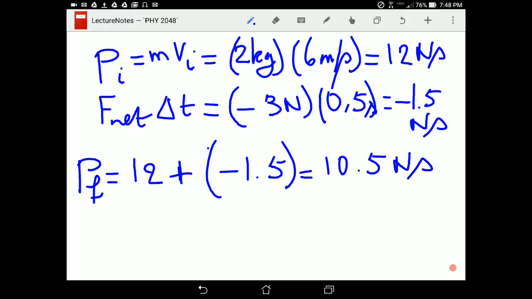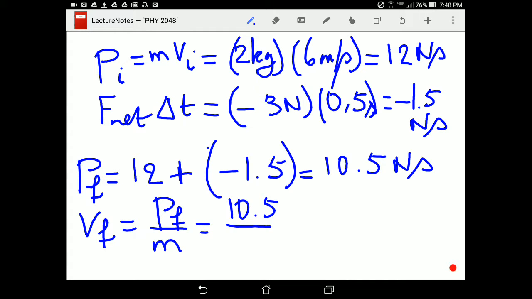That's the final momentum. But the question was about the final velocity, so the final velocity is going to be the final momentum divided by the mass of the box, so it'd be 10.5 over 2, which gives us 5.25